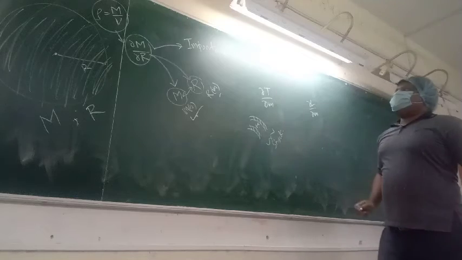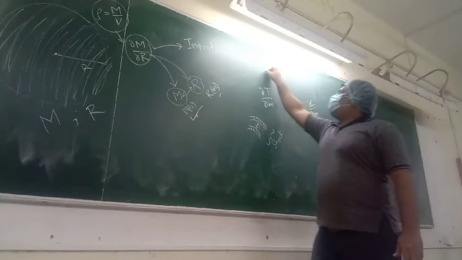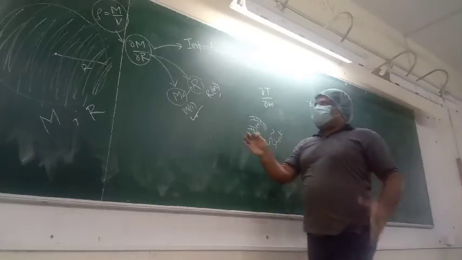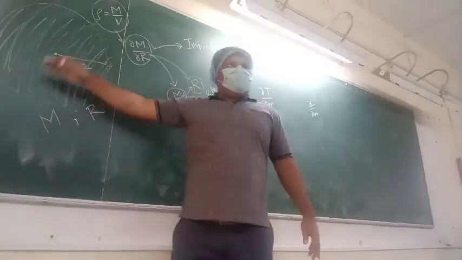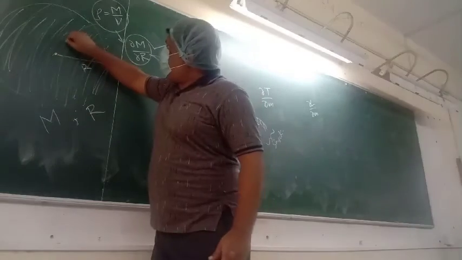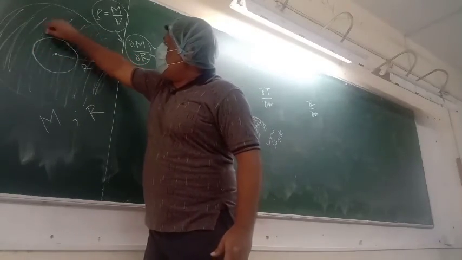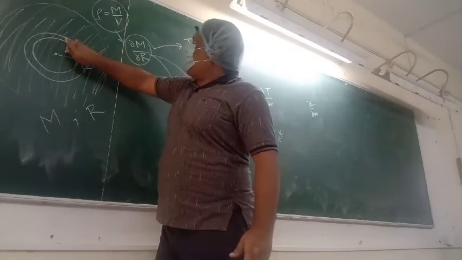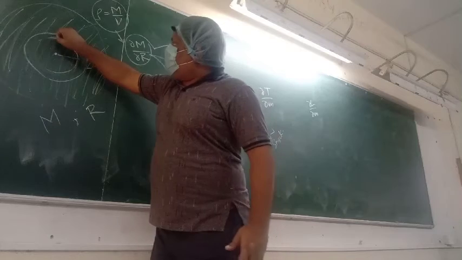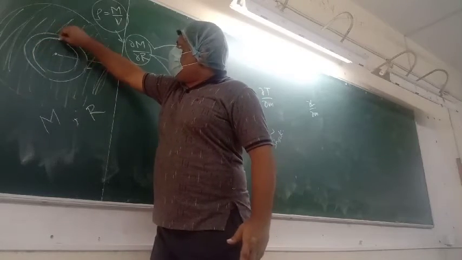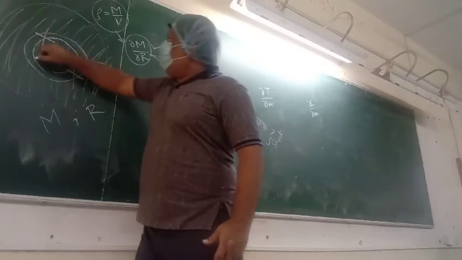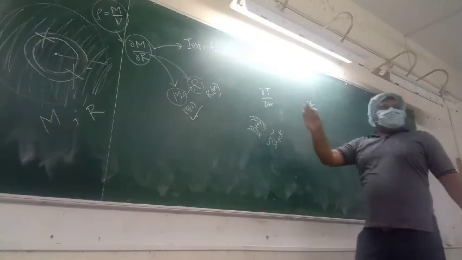Yes, as I was saying, another importance of this equation of continuity is that we want to convey the fact that inside the star there is no gap. Everything is filled with matter, and it is not that there is a space out there which is empty. If you think of something like this, no, there is nothing like that. There is no empty space. So this is wrong. Everything is filled with matter.